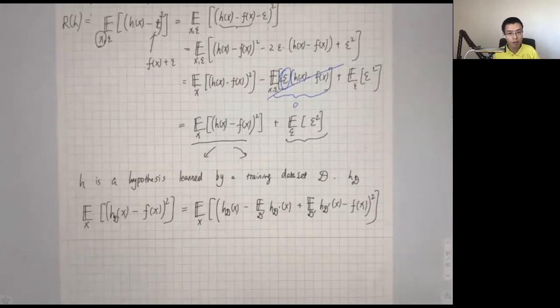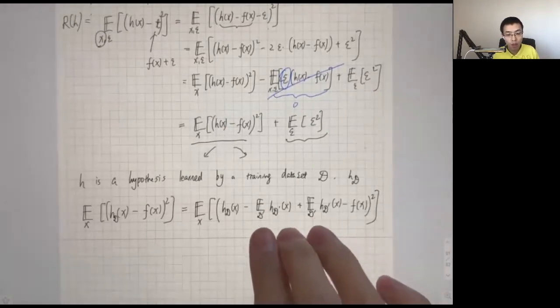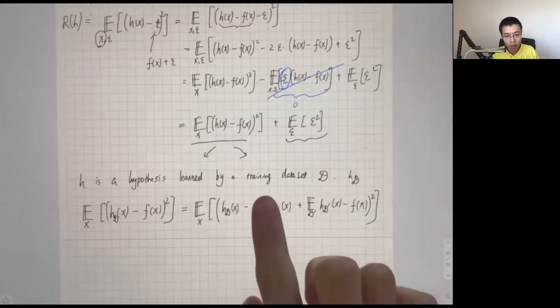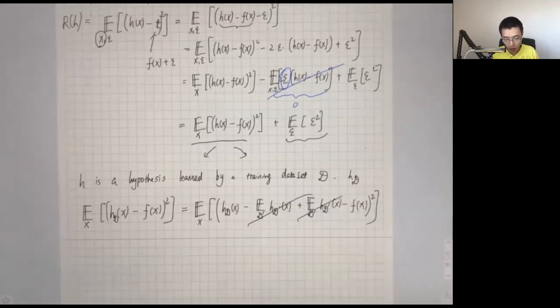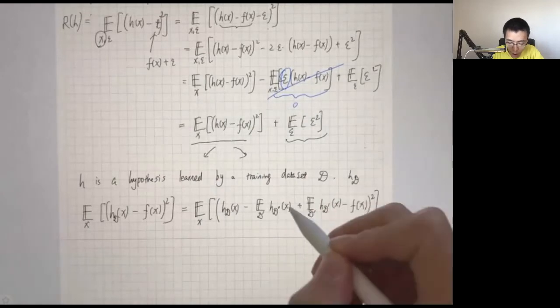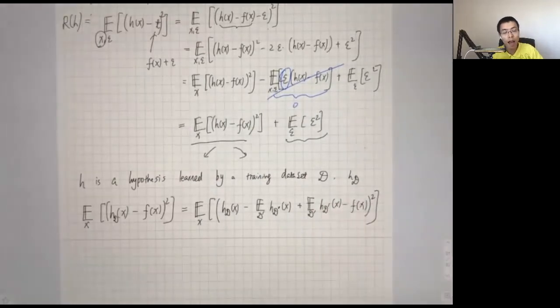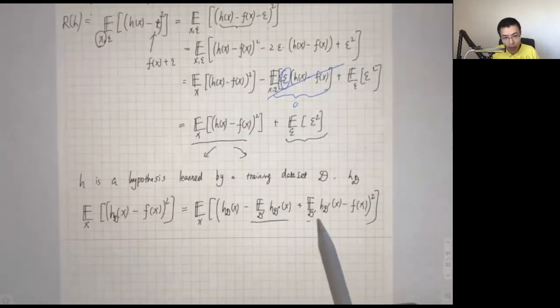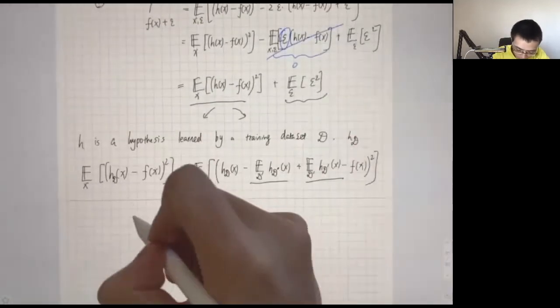Okay, it looks scary, but let's first verify what this equation means. This equation introduces one term, minus some term, plus some term, then it cancels out, nothing happens. But I'm introducing a term, which is my average hypothesis, my average hypothesis for predicting this sample if I'm repeatedly generating different data. So I still have a distribution over data and I repeatedly generate my data, then I repeatedly learn different hypothesis functions. And what if I average this hypothesis function? This is my term here. So I subtract one term and I add one term, so nothing changed. So this gives me